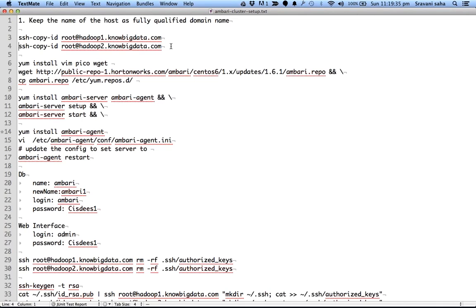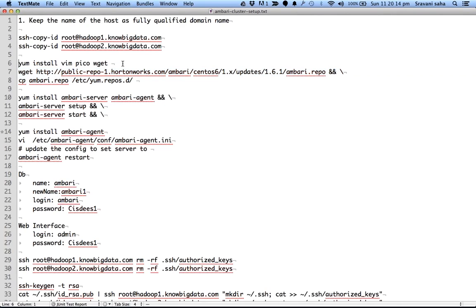The way I had set up the cluster, first I copied the SSH key on Hadoop 1 and Hadoop 2 and Hadoop 3 and so on. This way I did not have to provide my login ID and password again and again. This establishes the trust in the beginning. Next, I installed the basic utilities on the machine. I had first installed the operating system called CentOS.